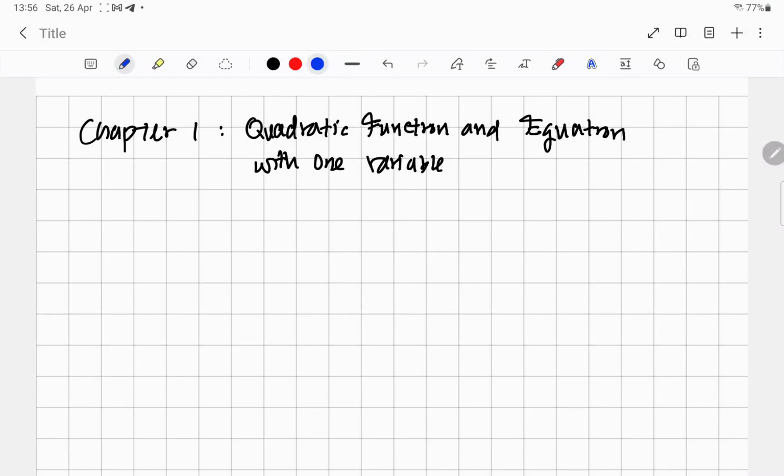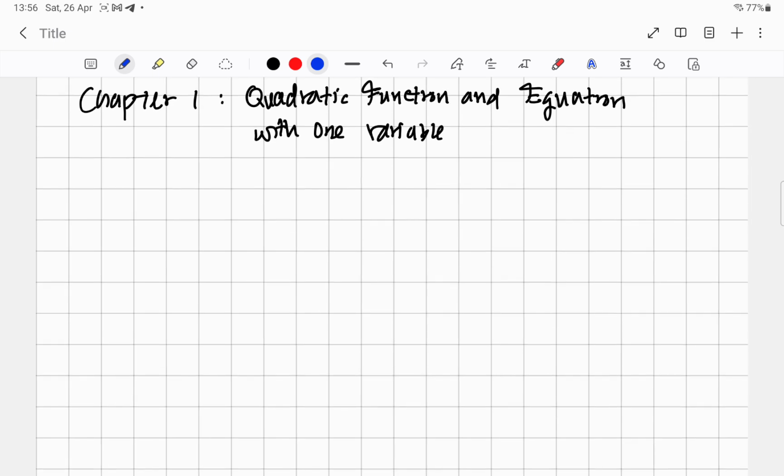Okay, hi students. So this is a new chapter. The new playlist for chapter 1 is quadratic functions and equations with one variable. In this chapter we'll see a few things. We'll see what is the difference between a quadratic function,